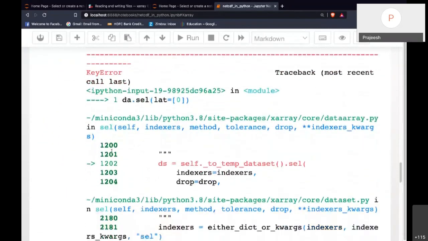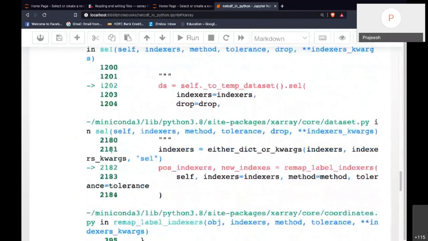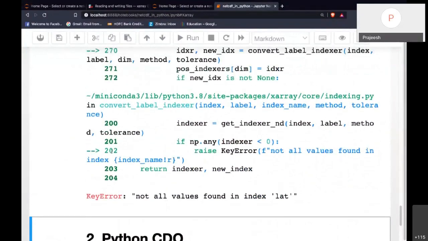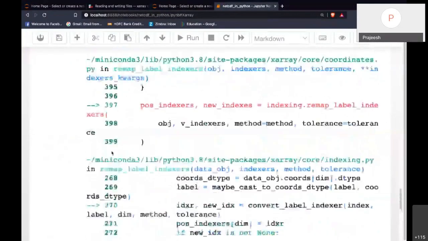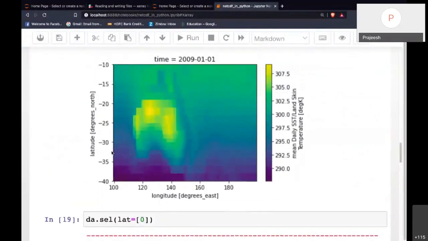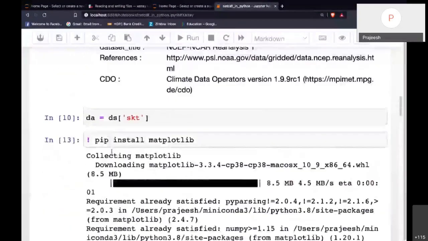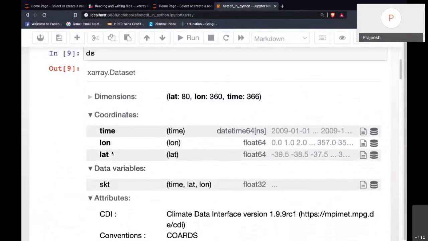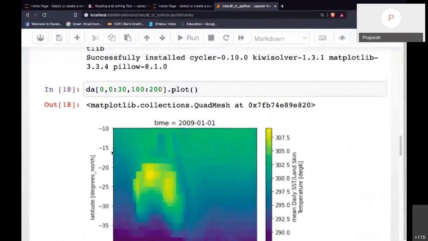Now, what is it saying? Index... No values.